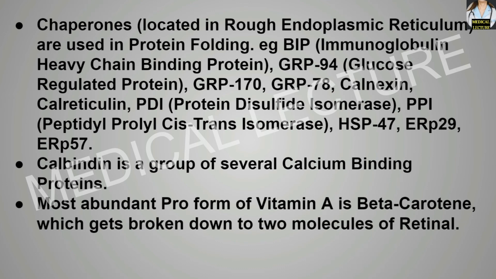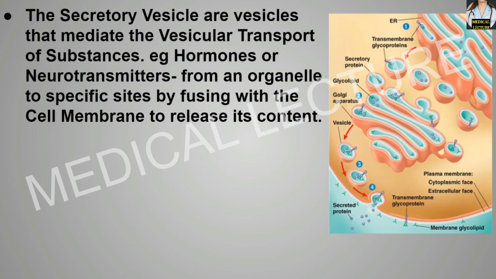Most abundant pro form of vitamin A is the beta carotene, which gets broken down to 2 molecules of retinal. The secretory vesicles are the vesicles that mediate the vesicular transport of substances. For example, hormones or neurotransmitters from an organelle to specific sites by fusing with the cell membrane to release its